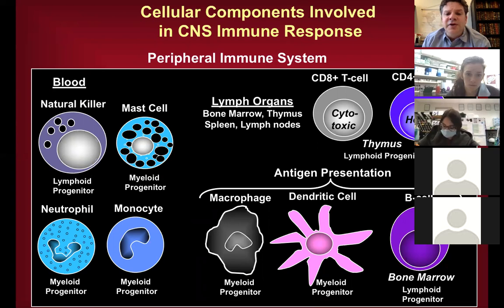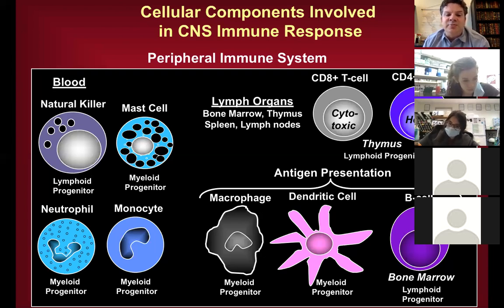So within the lymph organs, where things drain from tissues, you see there are T cells. There are several different types of T cells. These are cells that come from the bone marrow and mature in the thymus. That's where they get their T from. And we'll go through these immune cells in pretty good detail,